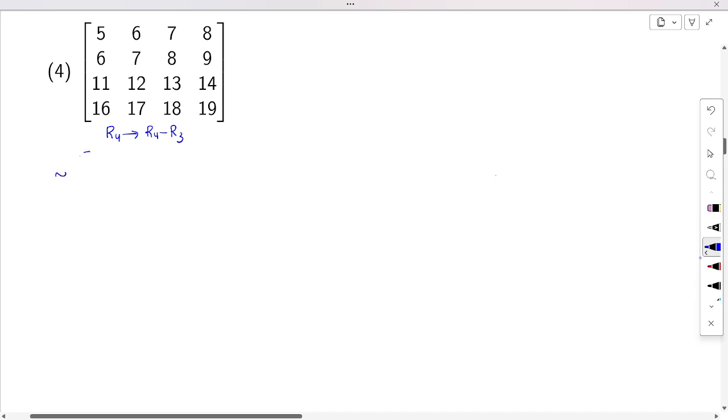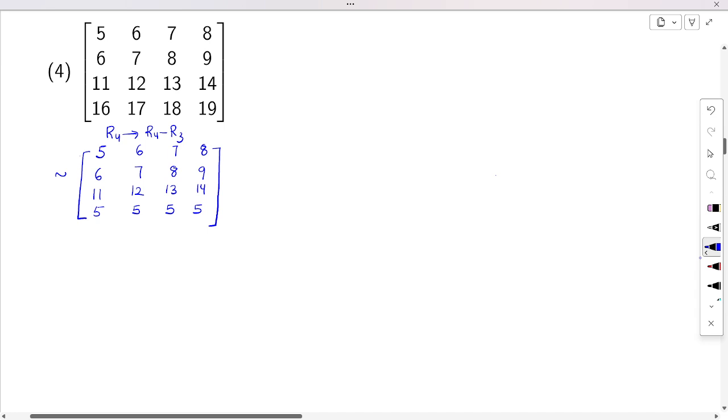It becomes 5, 6, 7, 8, 6, 7, 8, 9, 11, 12, 13, 14. Then 16 minus 11 is 5, 17 minus 12 is 5, 18 minus 13 is 5, and 19 minus 14